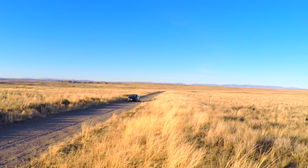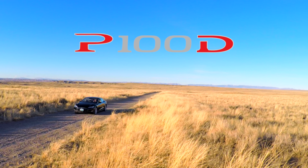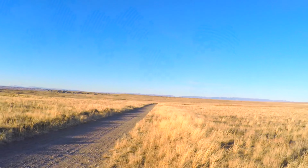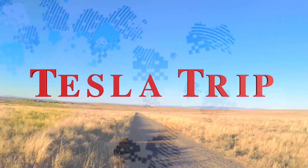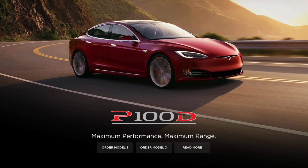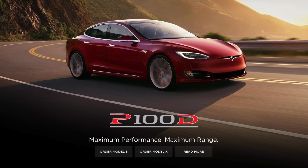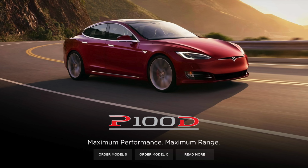Today, big announcement: the 100 kilowatt Tesla is out. You can buy it, you can order it. Delivery in late September. Elon Musk announced today that if you order the top end Tesla, you can order it in Ludicrous and it'll have a 100 kilowatt battery in it. That means that it'll go over 300 miles on a single charge, 315 miles on a single charge, and it's